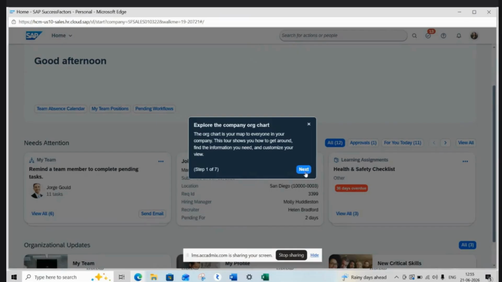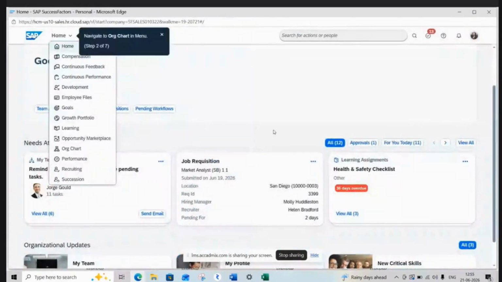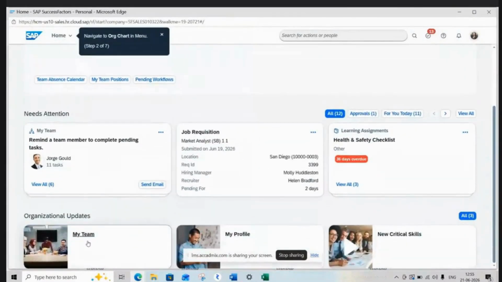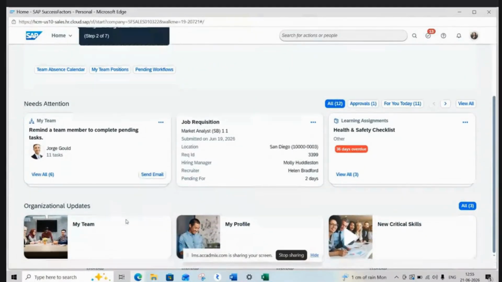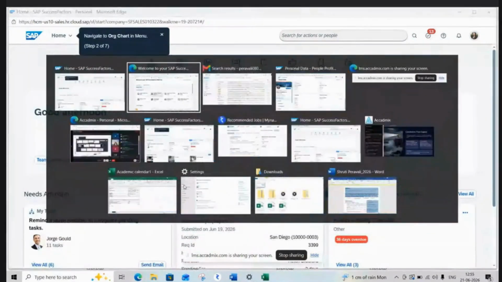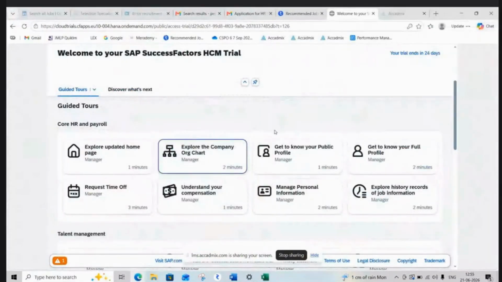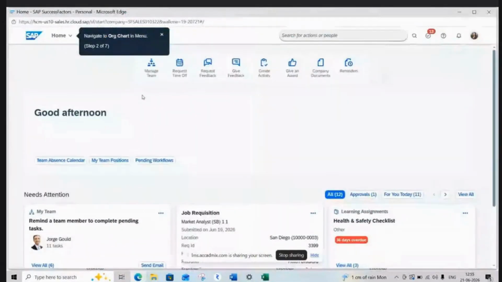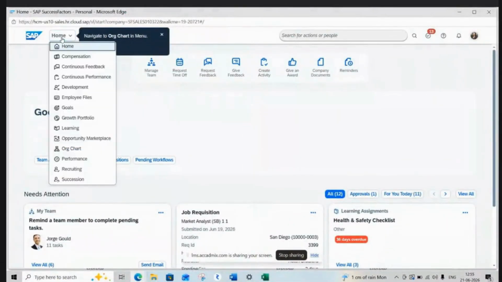Now click on next. You will get to understand how the company organization chart looks. Now navigate to the organization chart. No, where the notification is, go to Home. From Home, upper left corner, where there is a home button, drop down, go to organization chart, org chart.